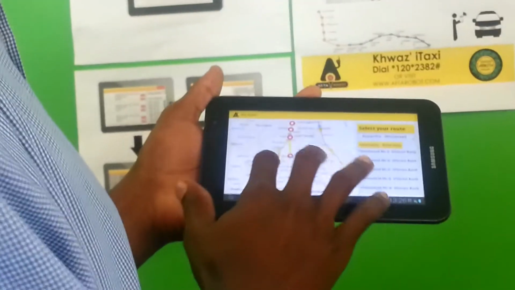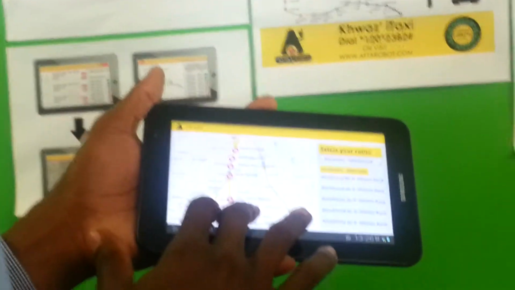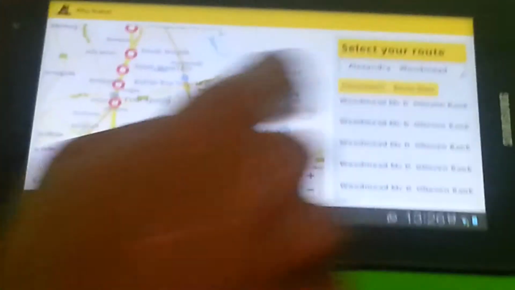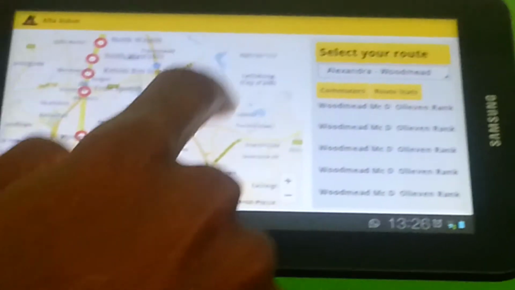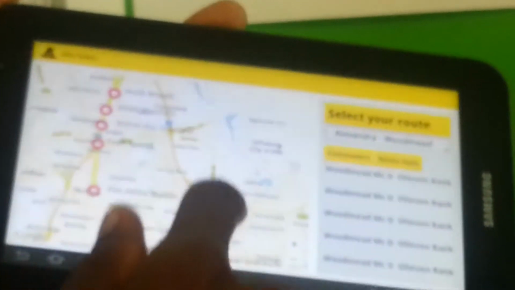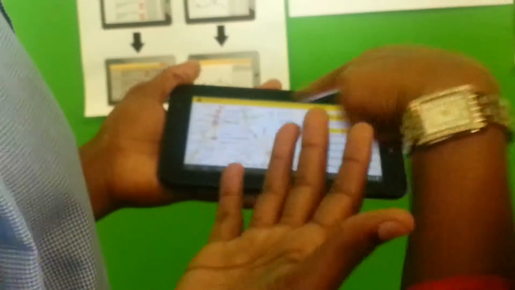Because the requests are in. So now on the map he'll be able to see. Now he can see that one. There are people waiting. The numbers are a bit high, but there's a person waiting at the Calvin bus stop. There's one waiting by Woodmead, and so on and so forth. So instead of sitting there for 20 minutes waiting,